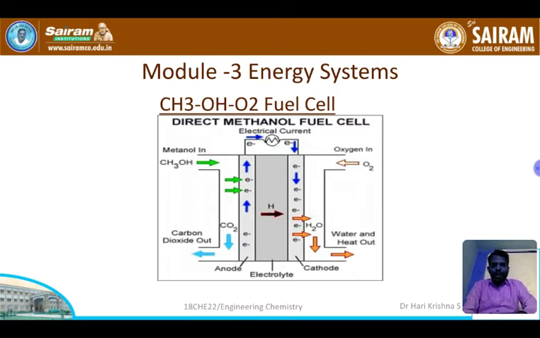It consists of an anodic and a cathodic compartment. Both compartments contain platinum electrodes, that is, the anode and cathode are both made of platinum. Methanol containing sulfuric acid, which acts as an electrolyte, is passed through the anodic compartment. Oxygen is passed through the cathodic compartment. So methanol with sulfuric acid is the anodic reactant, whereas oxygen gas, which acts as the cathodic reactant, is passed towards the cathode.